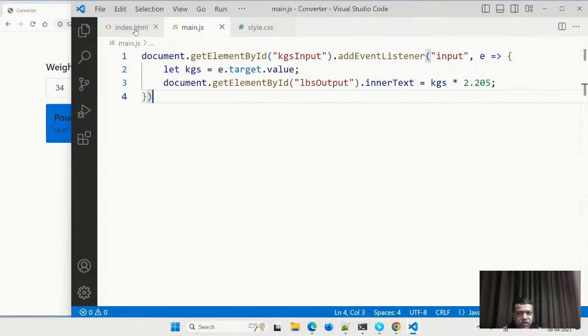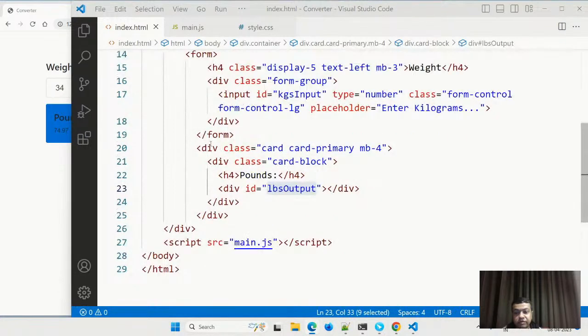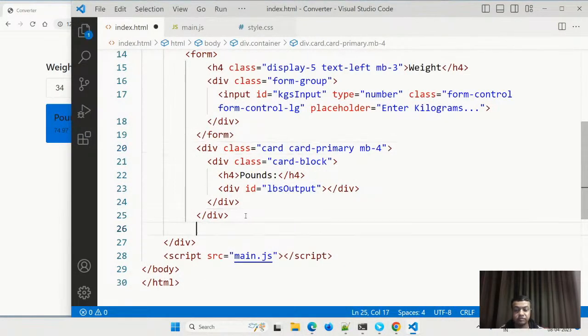And beside this, let us quickly do one more thing here, because we can do as many as we want. Let us do it for measurement also. Measurement will come after this div.